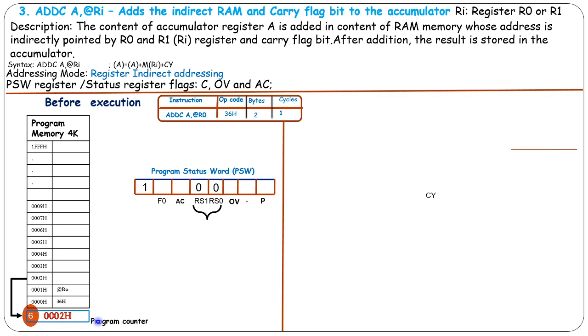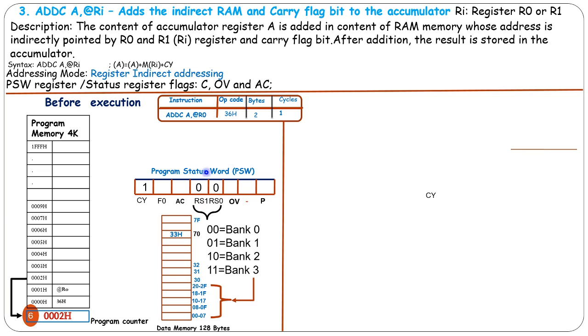Now the program status register, we need R0, so that is pointed by RS0 and RS1, and that is the address of bank 0. So this bank 0 will be here, that is 00 to 07H. So 8 registers are there and we need the first register like this. So in register bank 0, R0 has 70H. So this 70 is the address of the 128 byte random access memory, and that is this address 70.